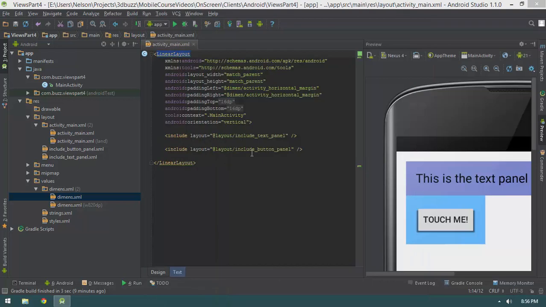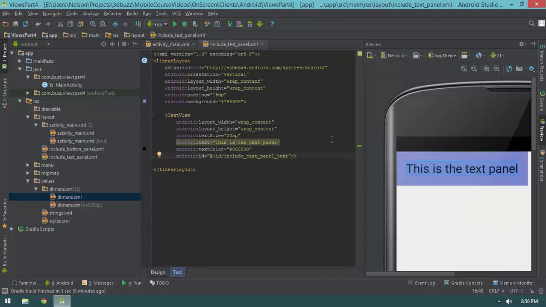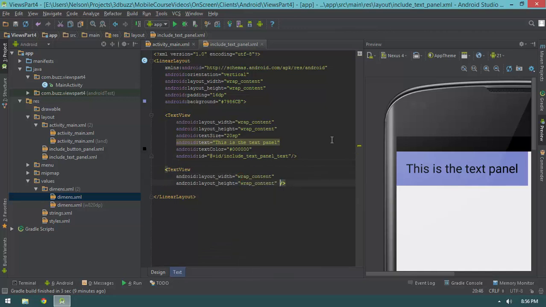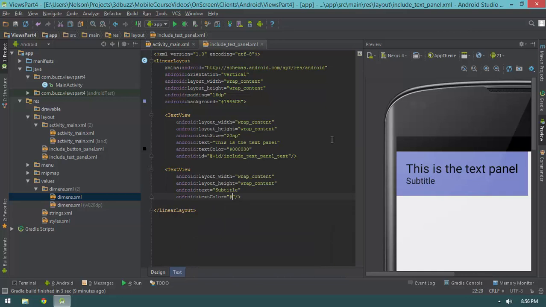Well, let's say that our text panel, I'm going to control click on this include text panel to go into it. Let's say this text panel had two text views. And the second one just said subtitle, and I'm going to give it a text color of 000,000. Okay, so let's say this is a text panel and a subtitle. Now, what's the problem with this? Well, I'll show you guys the problem with this. If I hit run,